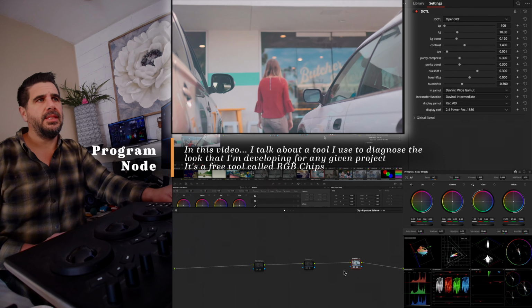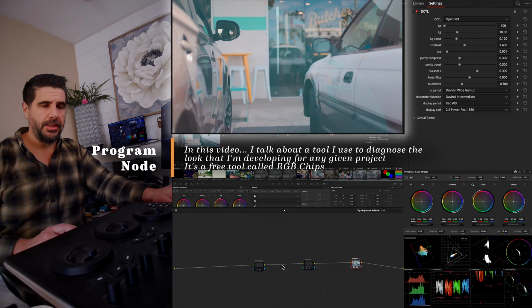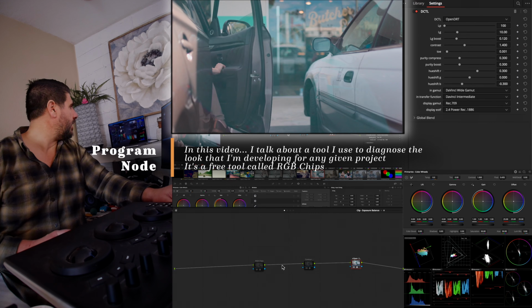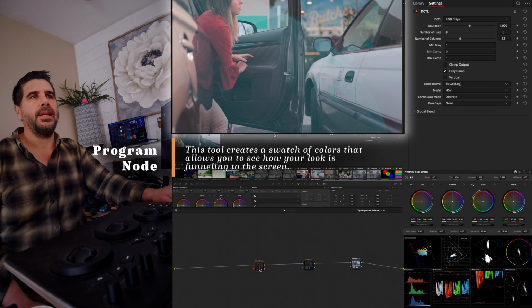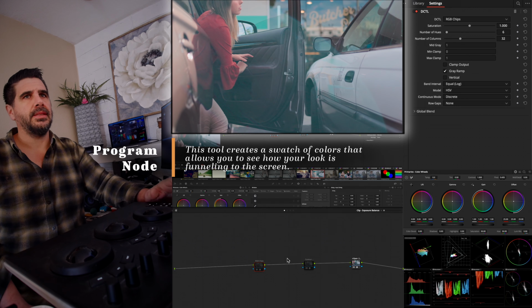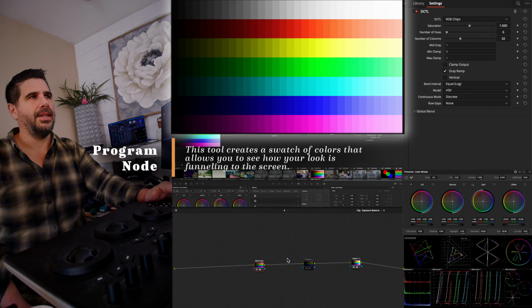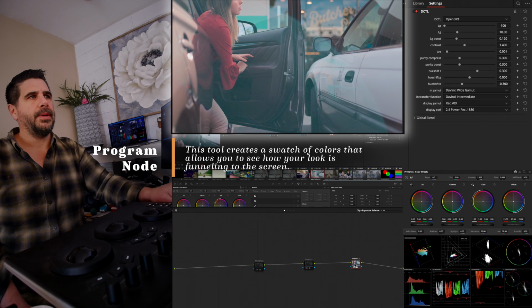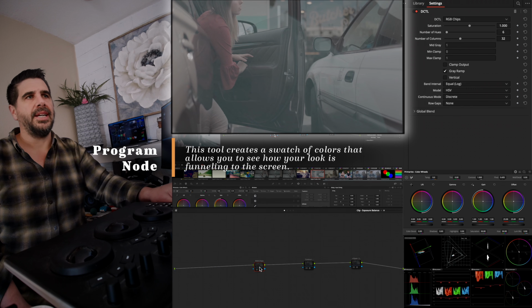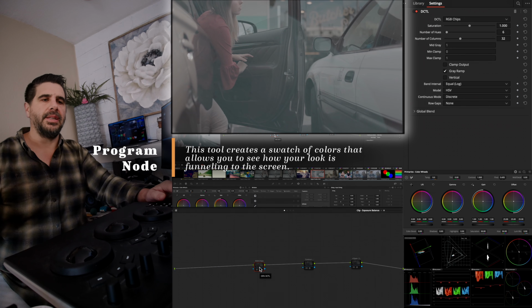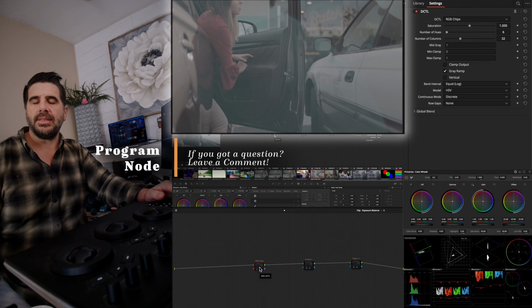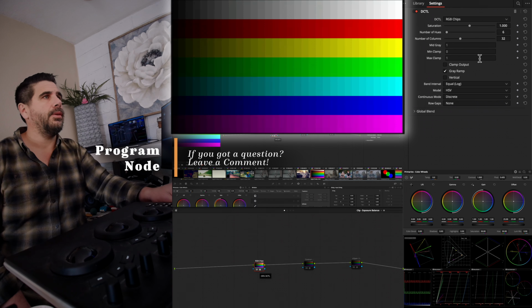But yeah, DCTL deep dive. We're going to talk about RGB Chips, a diagnostic tool that I use quite frequently. It does that to your image, and we're going to just talk about it from a basic line. So we're going to turn off our look dev, but it's a diagnostic tool. It goes underneath your look dev, at least that's how I use it, and it allows me to see what's going on with